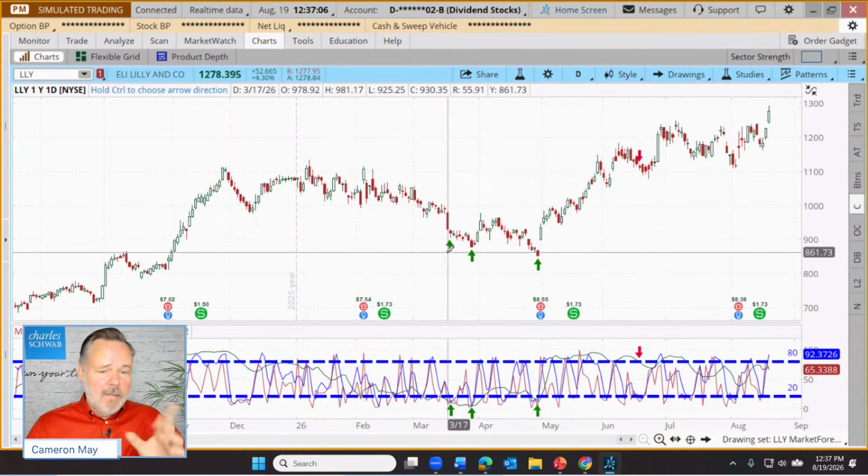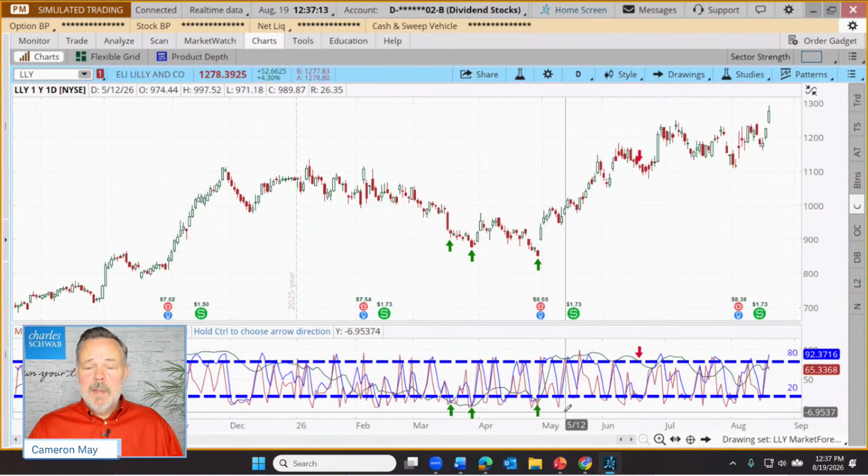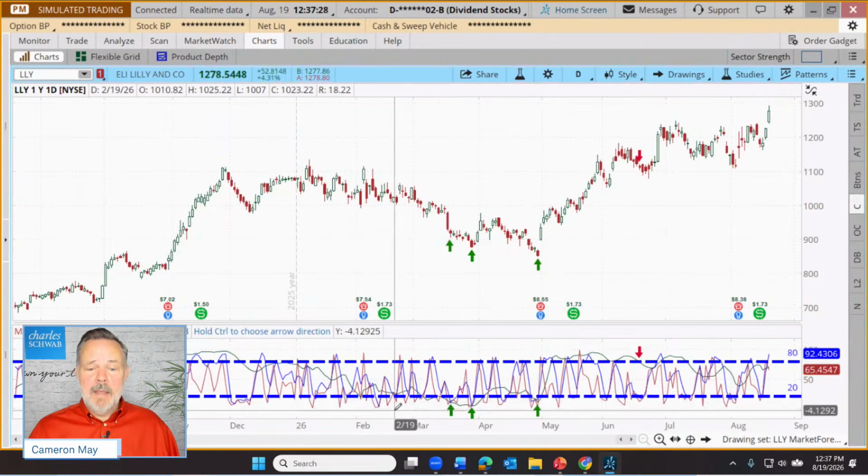And specifically, let's talk about trade signals. You notice I have three green arrows here. Those are three specific trade signals, possibly the most commonly used, but not a common trade signal at all on this indicator. It's known as a cluster. That's when our three lines get below 20 literally on the same day.